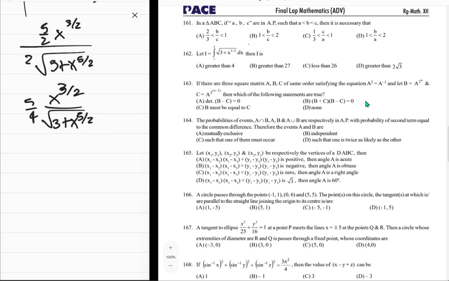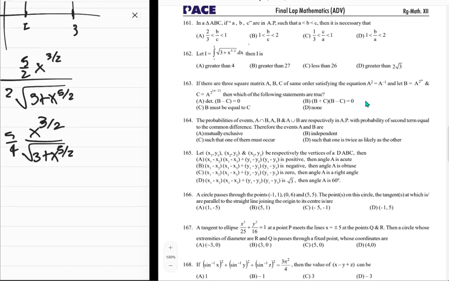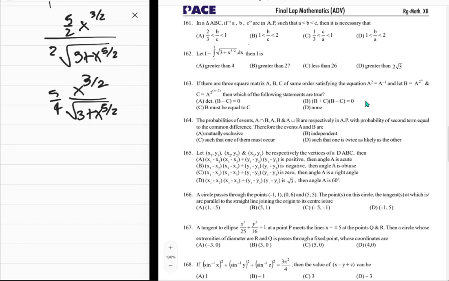Cool. Just want to change this a bit. इसको थोड़ा मैनिपुलेट कर सकते हैं क्या? नहीं, रहने दो, नहीं करते. ओके, इसका सेकंड डेरिवेटिव ढूंढना है अपने को, तो ये अभी के लिए साइड में रहने दो, फिर इसका इतना ही देखते हैं. Then it will be 3 upon 2 x power 1 upon 2 upon square root of 3 plus x power 5 upon 2, and then फिर नीचे वाला डेरिवेटिव, so